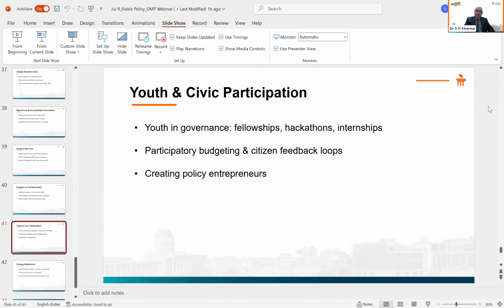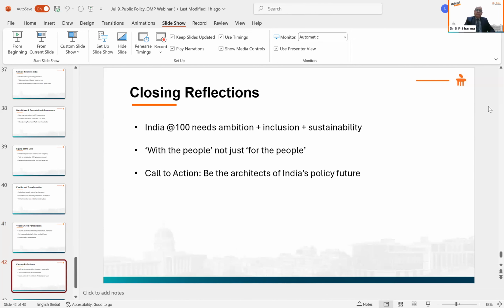So we have a great trajectory going forward to become Viksit Bharat by 2047, and for that target we need ambition, inclusion, sustainability. We are already adopting the digital economy and artificial intelligence. Now the digital economy is more than 20% of GDP. The digital economy itself has surpassed the share of manufacturing in GDP and the share of agriculture in GDP. Now, this digital scenario is becoming more and more robust to support inclusion in the country,